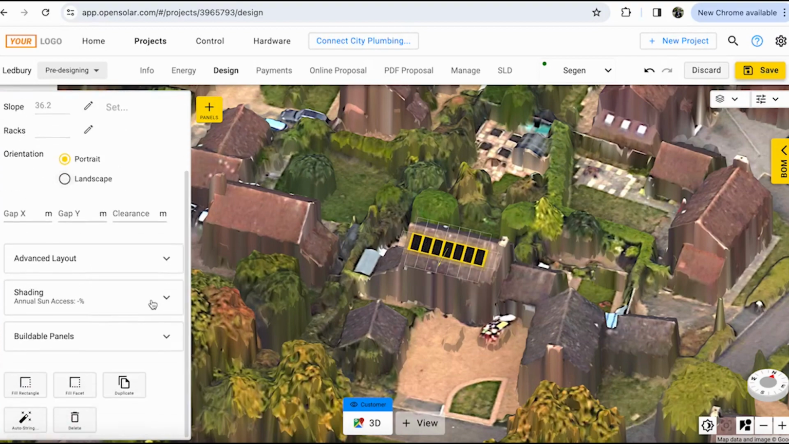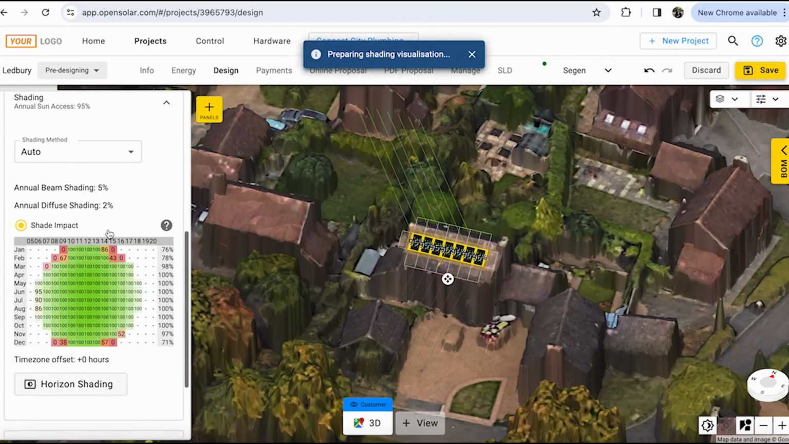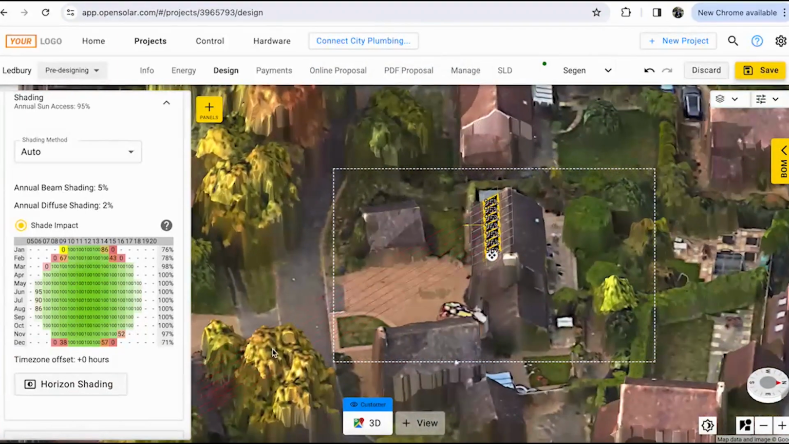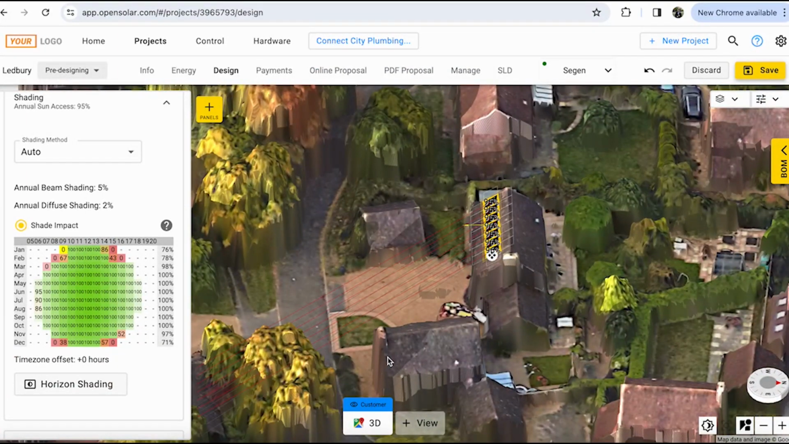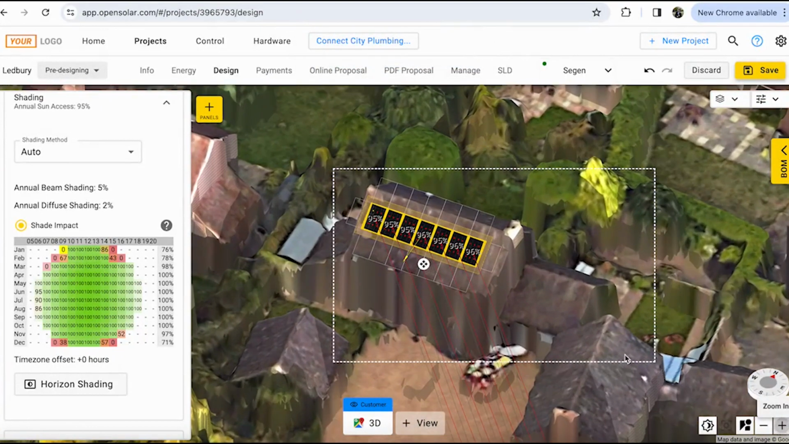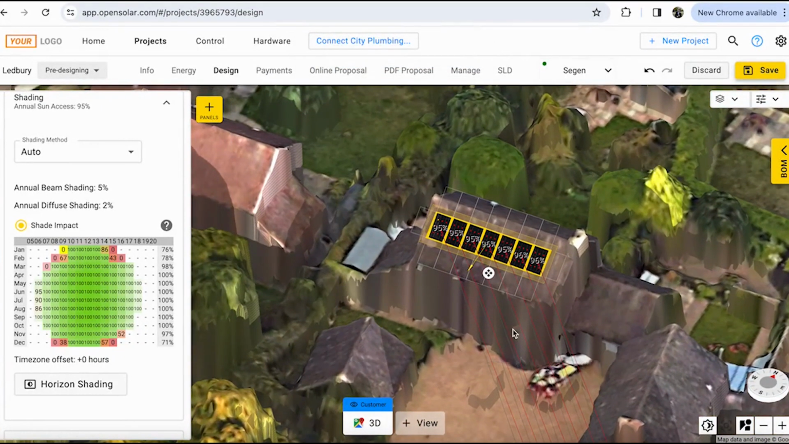Below that, we can access our shading analysis, and we can see where the sunshine is coming from throughout the year. By clicking on January 9 a.m. in the morning, we can see that this tree here is causing an obstruction, and it's causing essentially shading to our array. As we zoom in, we can also see to what extent our panels are affected by the shading